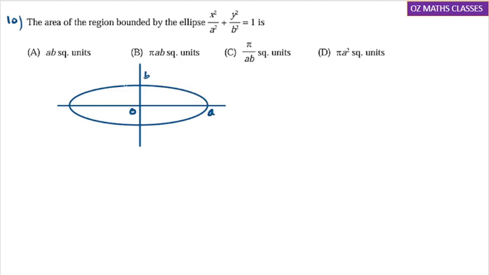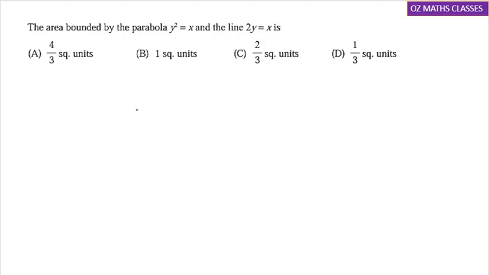So the area of the ellipse will be pi AB. The formula is pi AB. So if you derive this formula, you will get this answer, pi AB. So remember this formula: area of the ellipse is pi AB. It is a direct result, no need to do any calculation here. Next, question number 11. Find the area bounded by the parabola y square equal to x and the line 2y equal